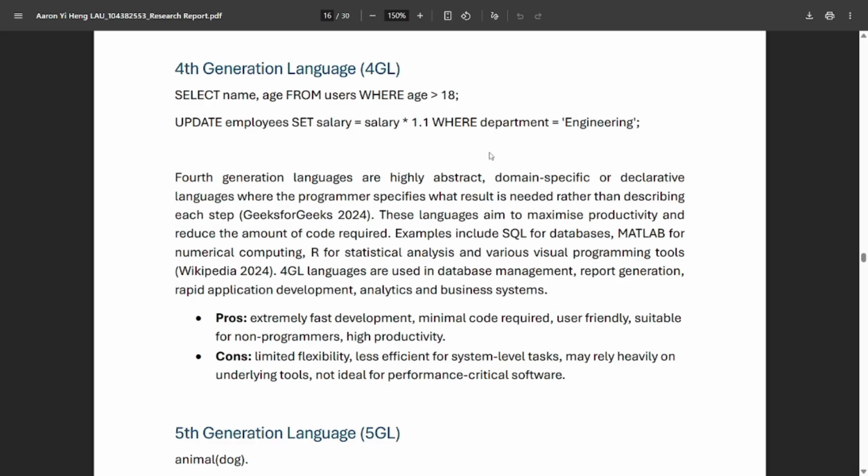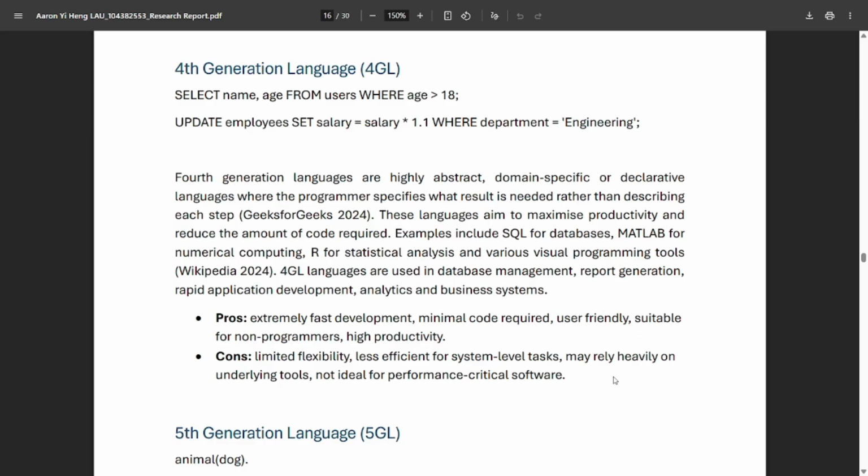These languages are often found in specialized areas, for example, SQL for database queries, MATLAB for scientific computing, or R for statistical analysis. The goal of fourth generation languages is productivity. You write a small amount of code and the system handles all the low-level details automatically. They are extremely efficient for their intended tasks, but they're usually not suited for building entire operating systems or performing